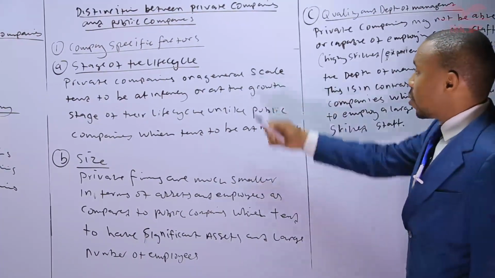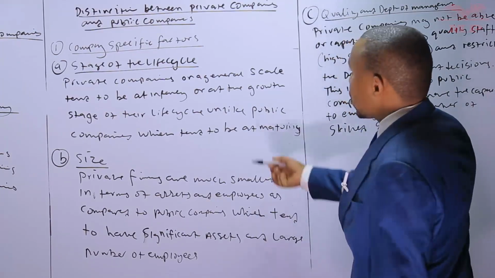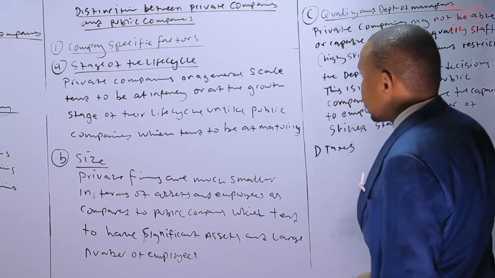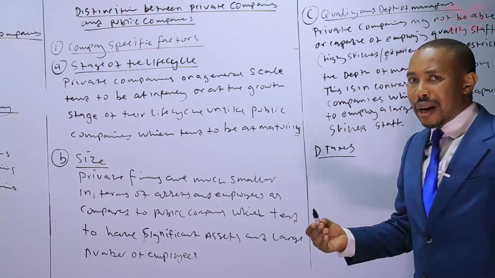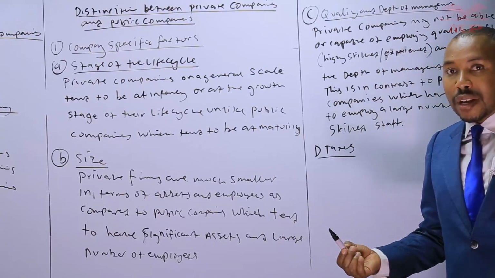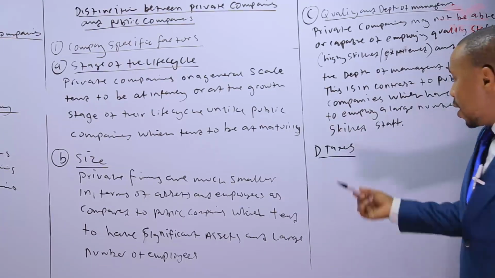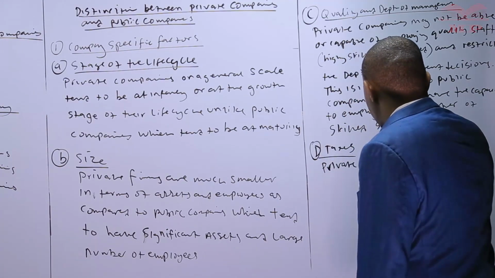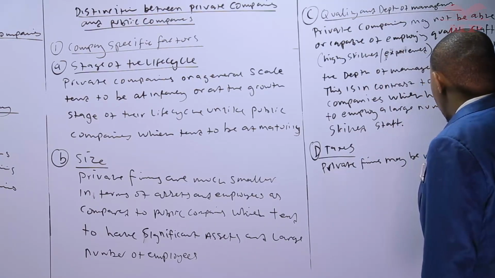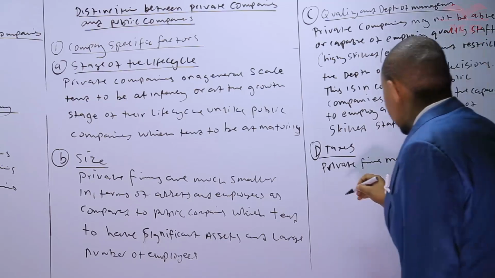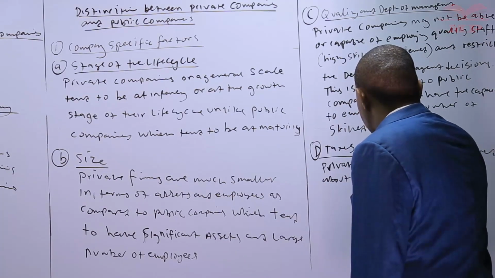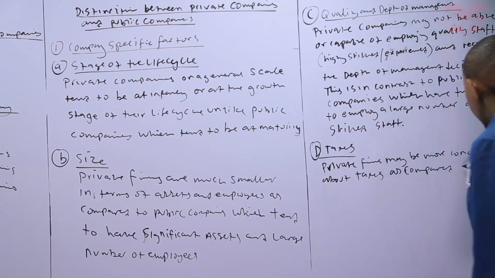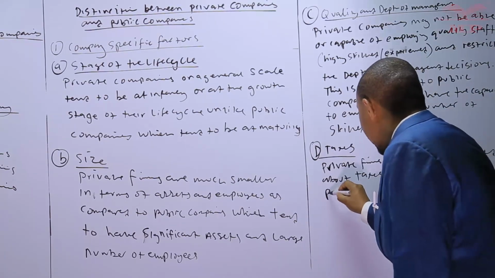Now, the fourth distinction under company specific factors is the purpose is for taxes. D, taxes. Under taxes, we can say that private firms may be more concerned about taxes as compared to public companies